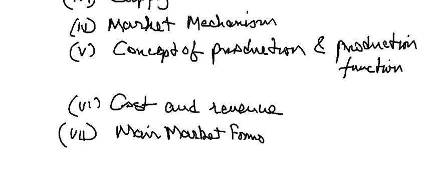This means here we are going to study again in detail, perhaps better than what we studied earlier in class 10. It was just a touch in class 10. This is going to be detailed. Perfect competition, monopolistic competition, oligopoly, monopoly, monopsony, characteristics of the various market forms, equilibrium of a firm in perfect competition under short run and long run.